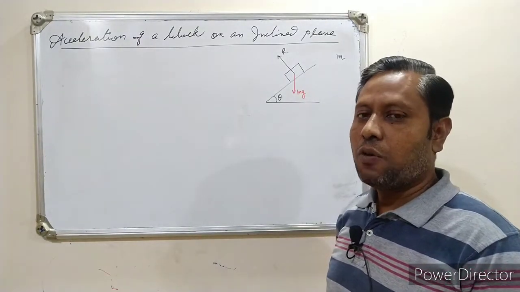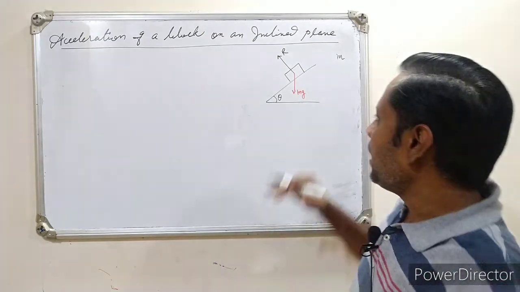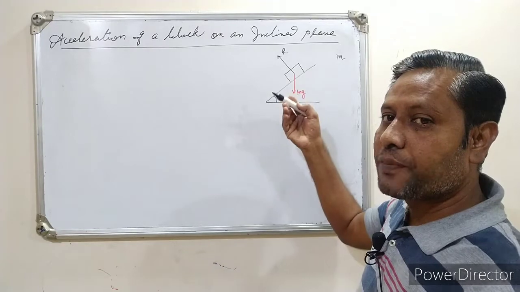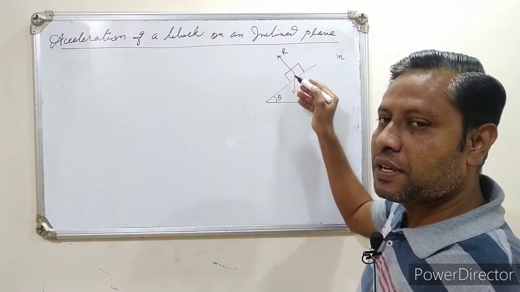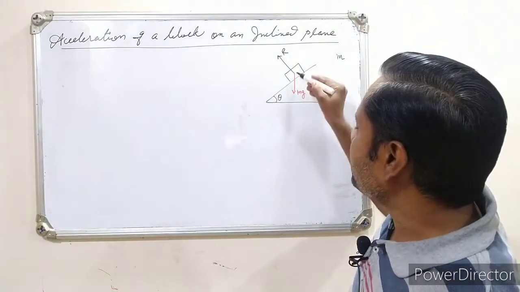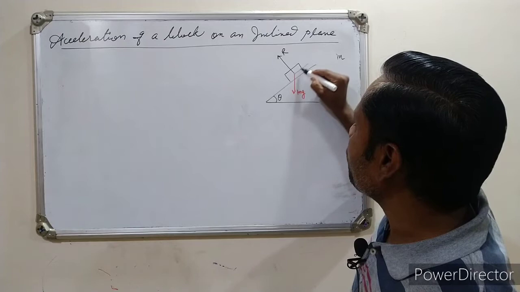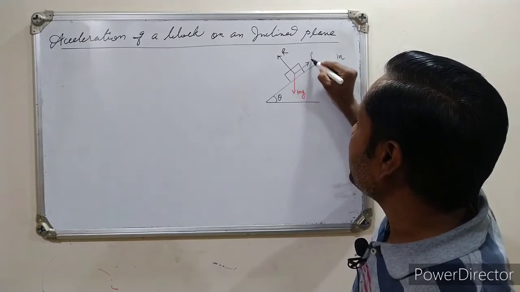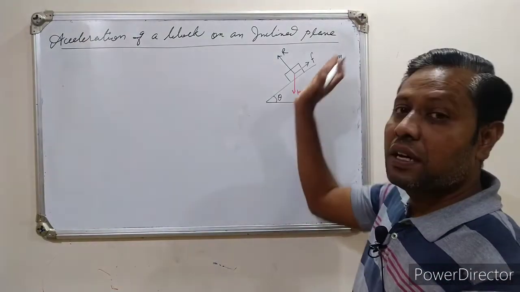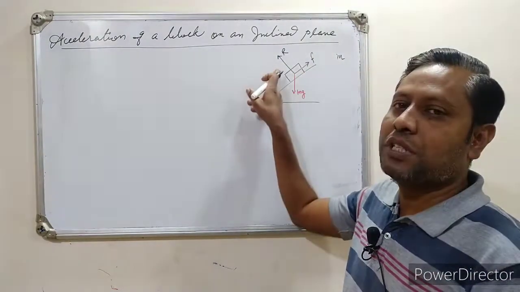Now which part is helpful here to slide down? As the angle theta is more than the angle of repose, the block kept here starts to slide down. When it is sliding down, there is an opposing force. Let me call this F, that is friction. This frictional force is acting in the backward direction and it is trying to prevent the motion of this block.